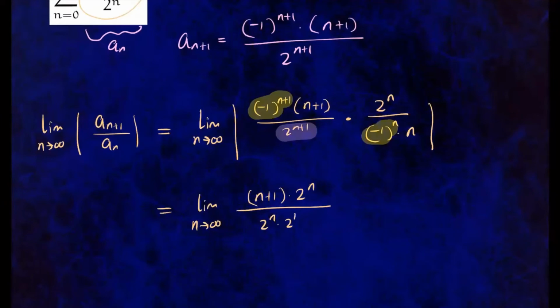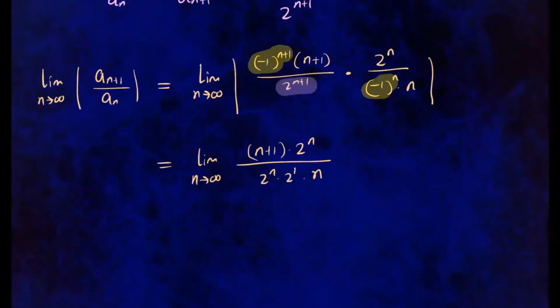And we still have an n from the next fraction. All right, so let's go ahead and see what this limit is. Now before that, I'm going to simplify a little bit more. I see I can cancel out 2 to the n, 2 to the n. And now I can write the limit as n approaches infinity of n plus 1 over 2 times n,